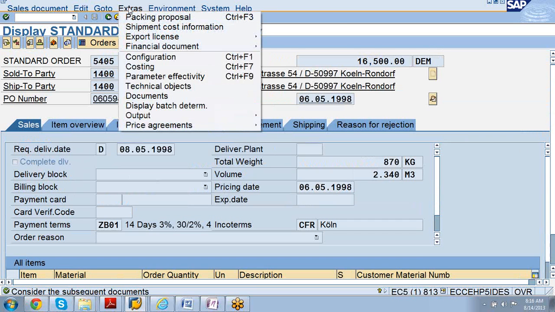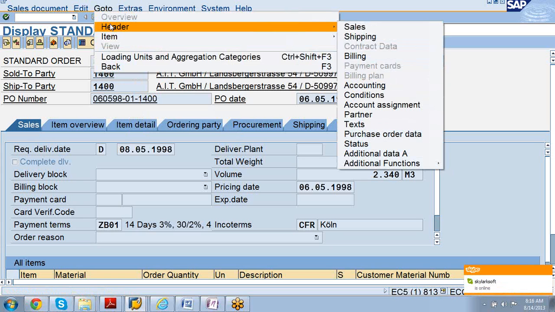So if you want to be very clear on that, these are the header activities, header conditions. So write this: header has the following standard settings: sales, shipping, billing, conditions. Even in pricing, there are header conditions, there are item conditions. In billing, there is something called header, we have net total. In the item, we have